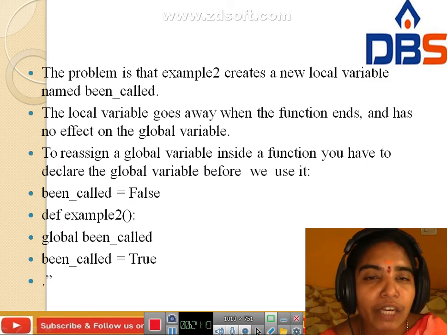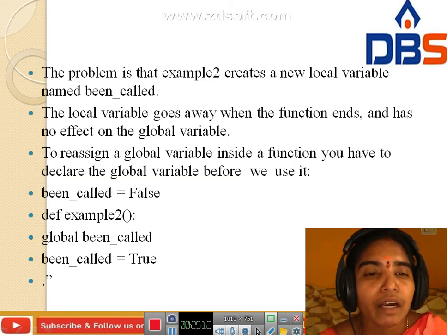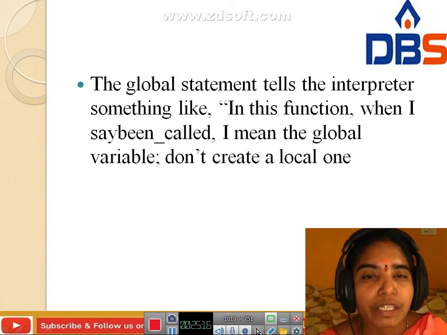To reassign a global variable inside a function, we have to declare the global variable before we use it. With been_called equals False, define example 2 with global been_called, then been_called equals True.